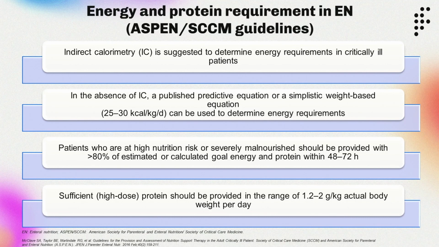Energy and protein requirements in EN according to ASPEN or SCCM guidelines. Indirect calorimetry is suggested to determine energy requirements in critically ill patients. In the absence of indirect calorimetry, a published predictive equation or a simplistic weight-based equation, in which 25 to 30 kilocalories per kilogram per day, can be used to determine energy requirements. Patients who are at high nutrition risk or severely malnourished should be provided with more than 80% of estimated or calculated goal energy and protein within 48 to 72 hours. Sufficient or high dose protein should be provided in the range of 1.2 to 2 gram per kilogram actual body